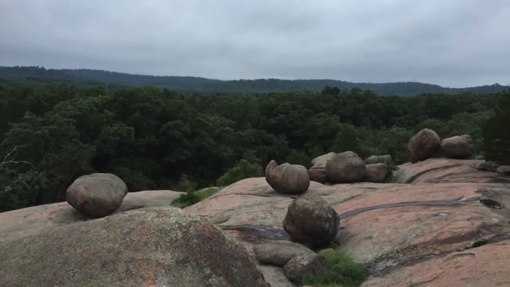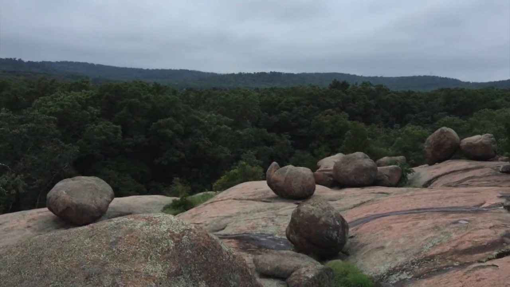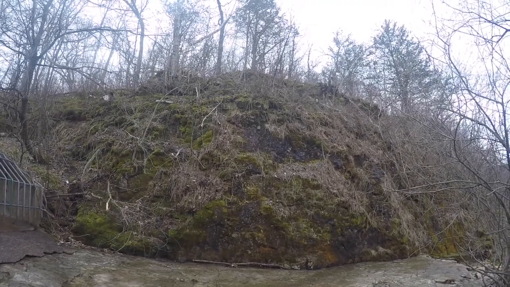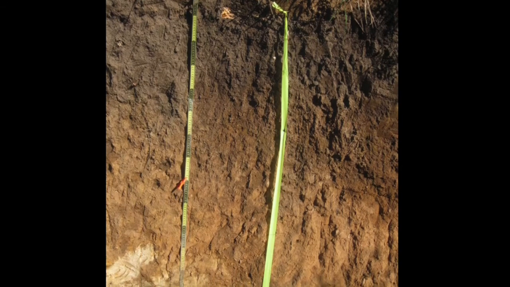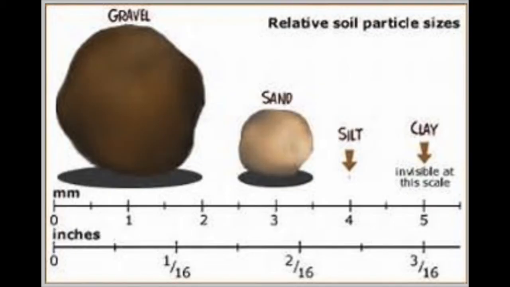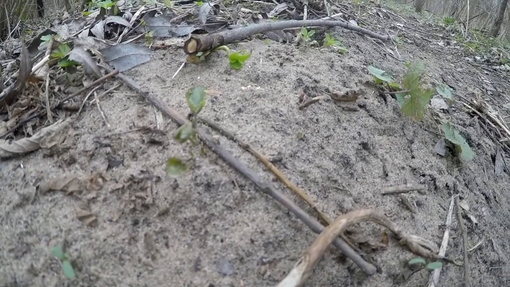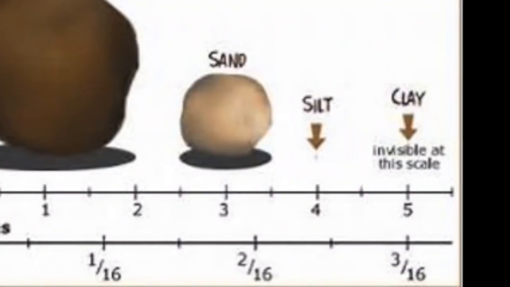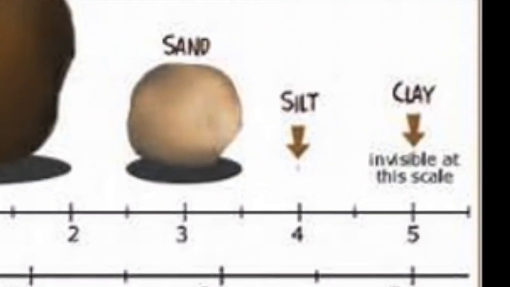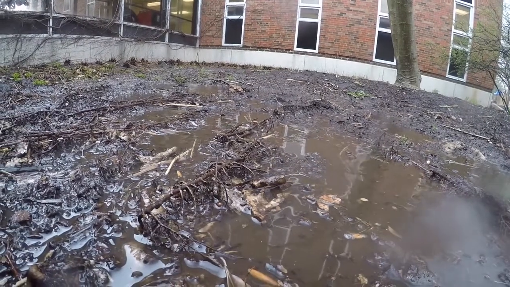During their formation, all soils go through physical, chemical, and biological weathering. These processes work together to break down the minerals and organic matter that become the soil. The rocks and minerals are weathered into sands, silts, and clays. Sands are the largest and can be seen with the naked eye. Silts and clays are much smaller, sometimes requiring a microscope to be seen.